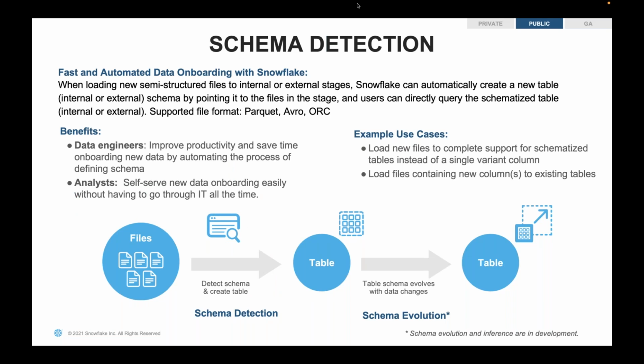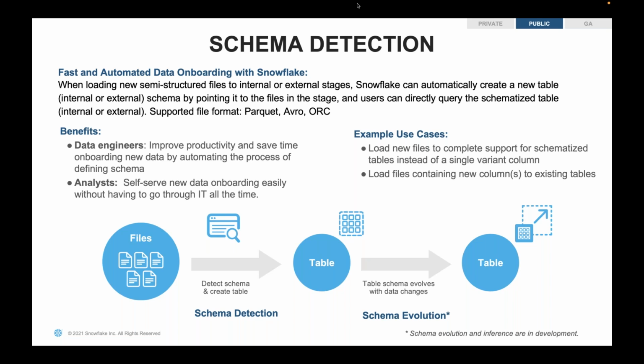Some new features have come in, right? Something that is right now in preview mode and not yet rolled out is called schema detection.